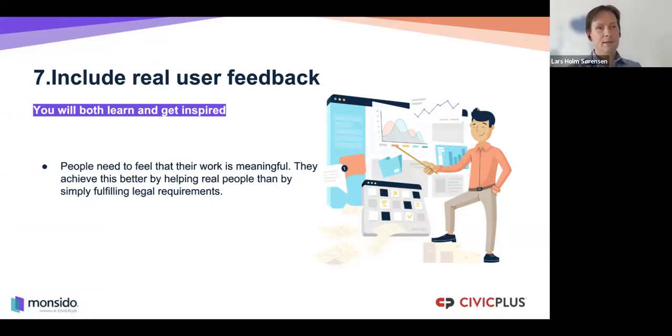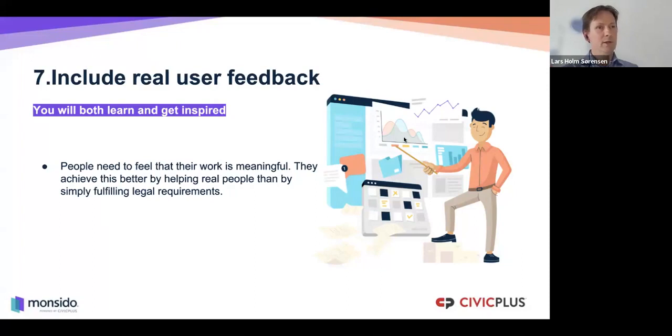Yeah, and I include this one because what I've seen many times is, as soon as people can actually relate to real people when they start working on accessibility, it's much easier to stay motivated for the work. Most people want to do meaningful work, and most people just do not get very inspired by just ticking off legal requirements. But if you have the chance of actually including some real users in your accessibility work, now